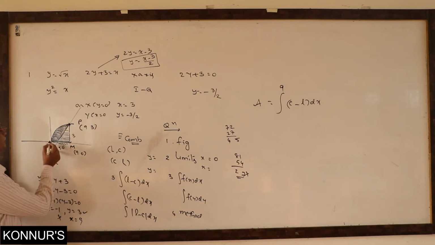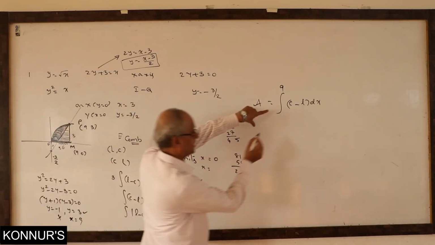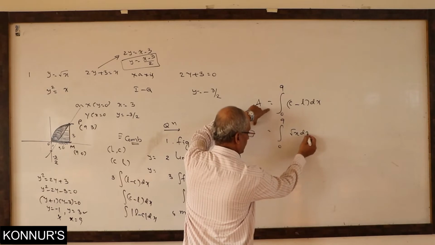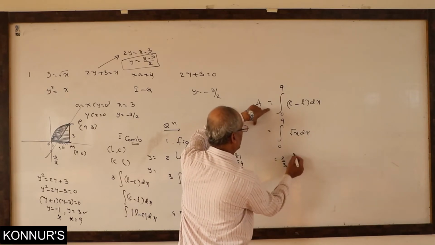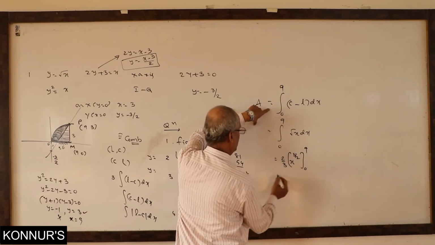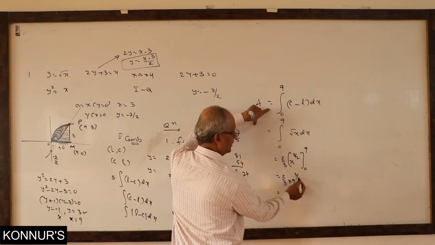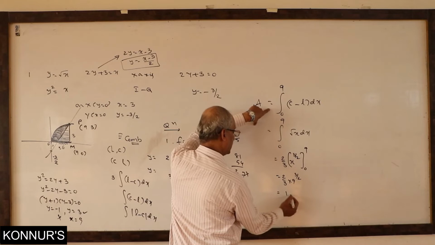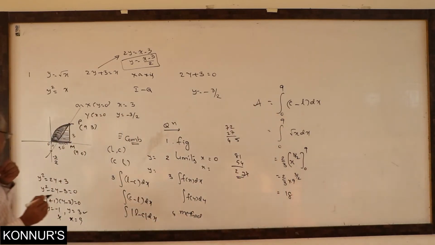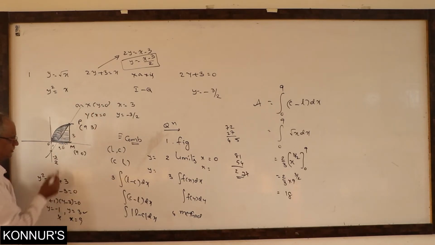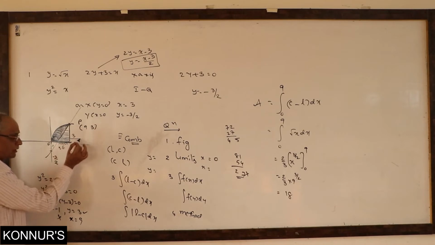What is the geometric method? First I will do curve with x-axis, total area. What is the total area? Bounded by x-axis, 0 to 9 root x dx, which is 2 by 3, x power 3 by 2, 0 to 9. So we are getting 9 power 3 by 2, which is 27, 2 by 3, 18. But as per the principle of integration, it is a long answer type. Already we are getting a number of steps. We will reduce here, since there is a closed curve, we will go for geometry.